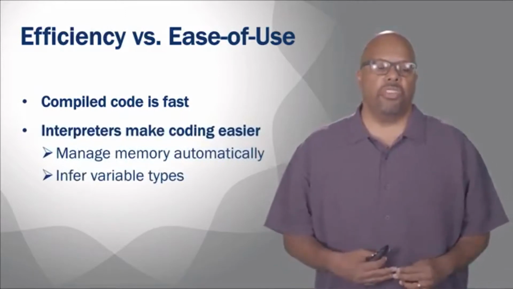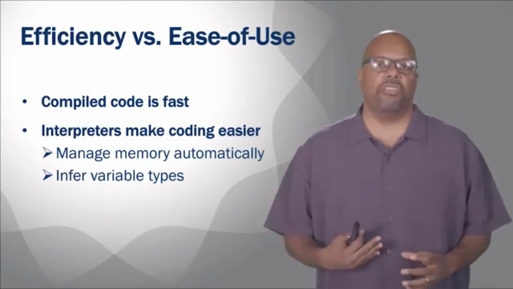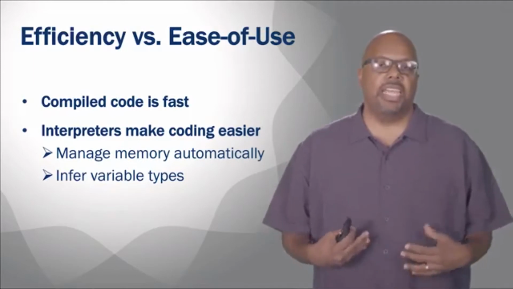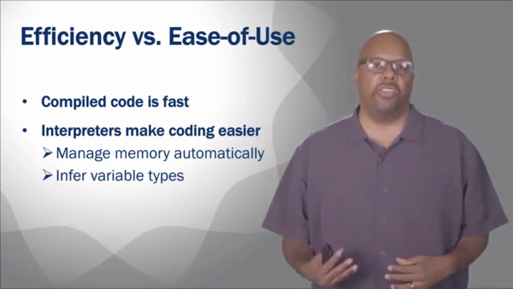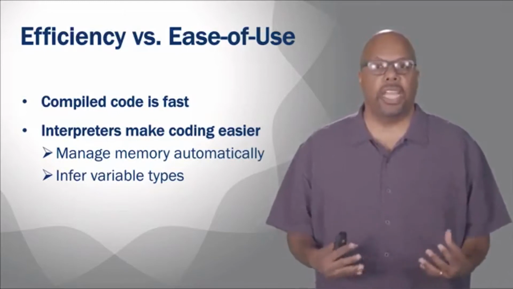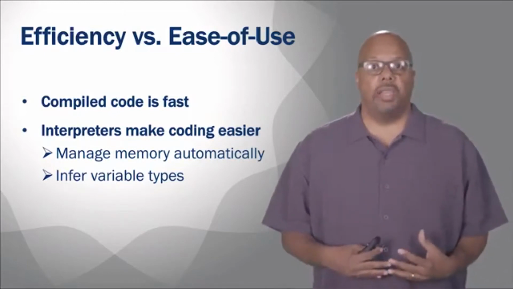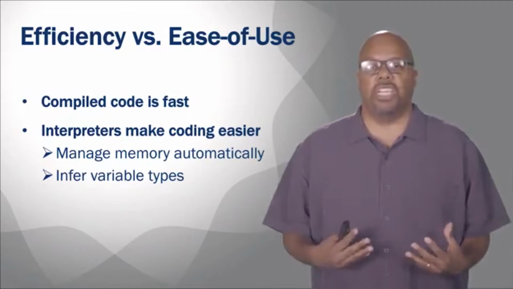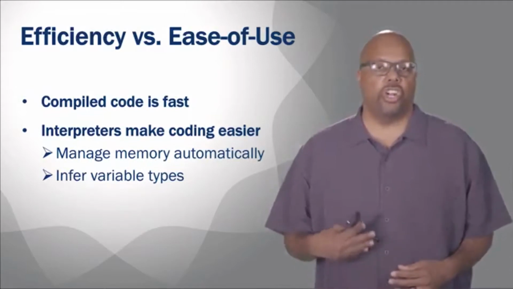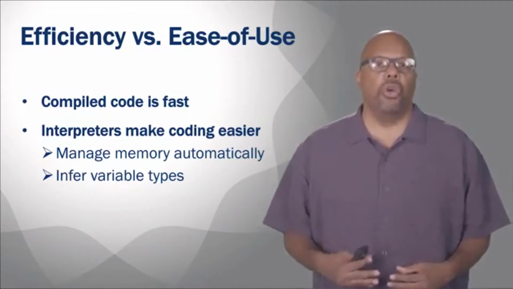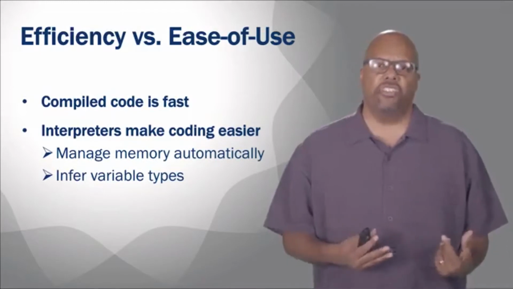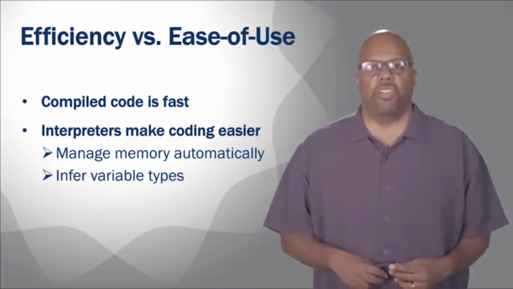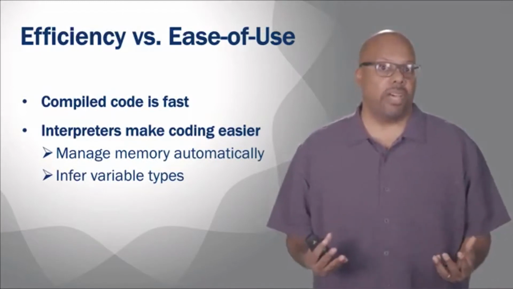The thing about interpreters is that the interpreter itself, that program that is doing the translation of your code, can help you. It can handle things that you as a programmer don't want to handle. For instance, in Python, I don't have to declare my variable types. I can just start using a variable, and the interpreter will say, it looks like he's using it as an integer, make it an integer, right? So that's something that the programmer doesn't have to think about.